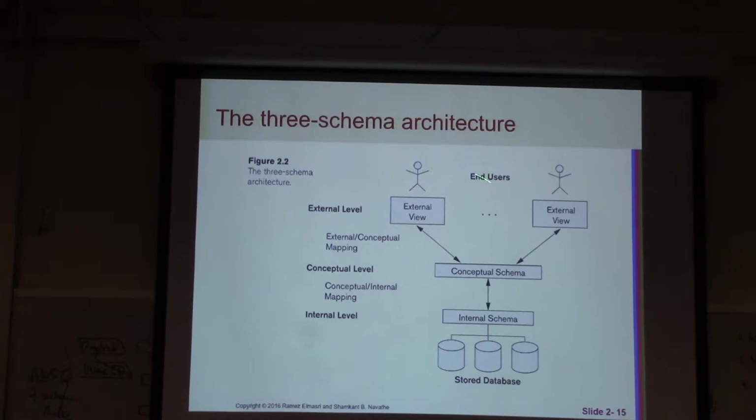Three-schema architecture. This is a three-schema architecture: conceptual level, internal level, external level. We are going to focus on designing the conceptual level schema, but not the internal schema. Instead, the internal schema will be managed by the DBMS vendor software. Between the conceptual schema and internal schema, there is program data independence, abstraction. And also external views: there are different views of the same conceptual schema. This will be implemented by views in the later sequence.